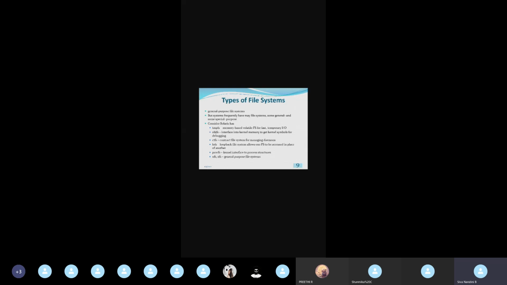Temporary file means that file is a volatile file. Volatile file means as soon as the power supply is turned off, the content of the file or the file itself won't be available for the user to access. So that file is known as a temporary file. Then we'll be having some object files, that is OBJFS files, and this object file will be generated when we are compiling a particular program.